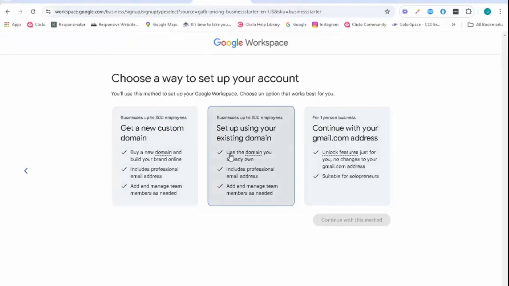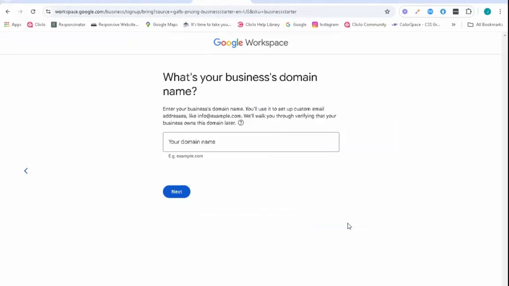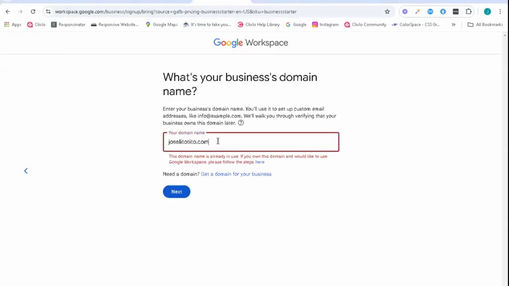I'll choose this, continue with this method, then put your domain. This is not working because I've already added my domain in Google Workspace.